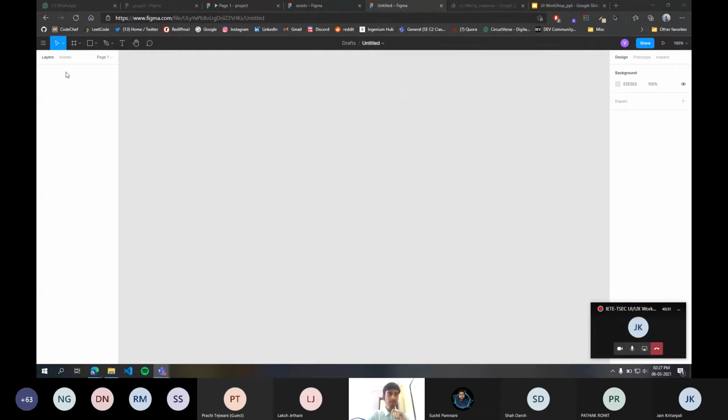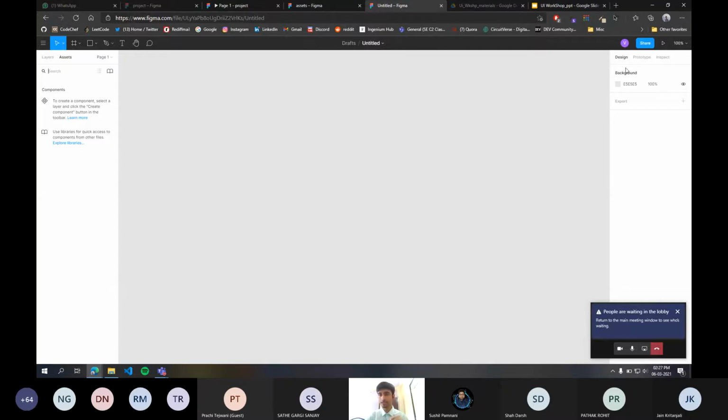Okay, so now I'll first cover all the basic panels of this software. So the first panel on the left hand side that we can see is the layers panel. On this layers panel, all the elements or all of your groups or all of your components will be visible. I'll shortly explain about groups and components later. And you can also change the elevation or the order of the elements from this layer tab. Okay, and another panel is called assets panel. Here all of your local components will be visible. We'll surely talk about components later.